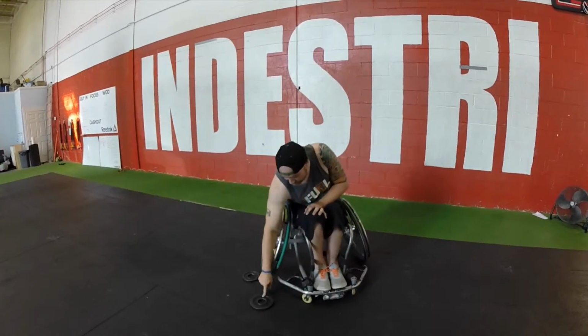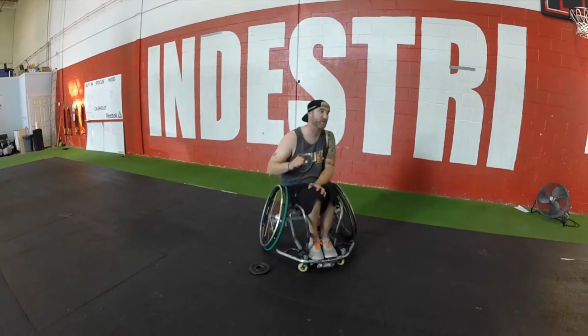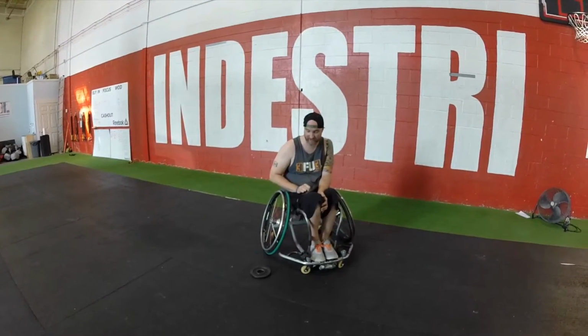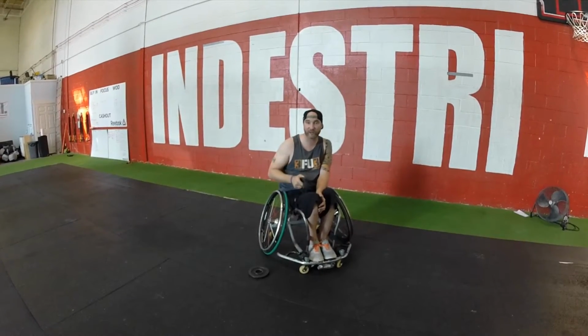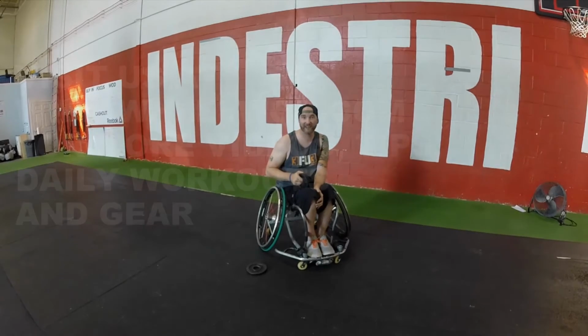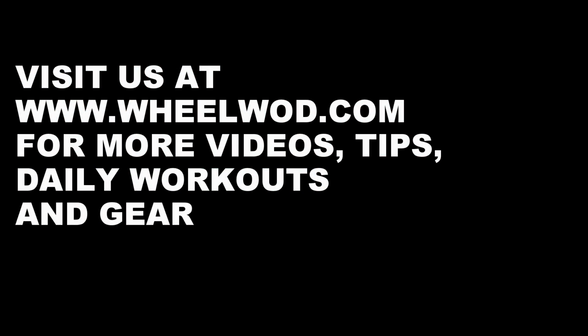So these are great progressions. They're fantastic for a workout. If you do a high rep, say you could get into a workout like Murph, sub these back extensions for your air squats and see how it goes. And then I'll take the punks out, feeling